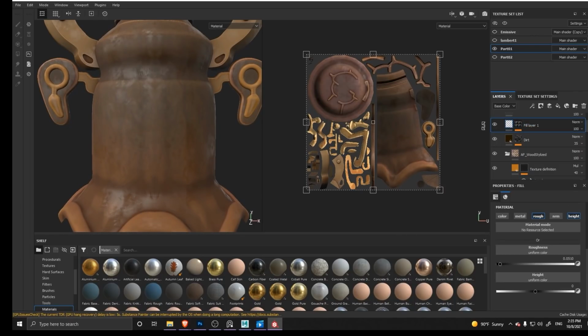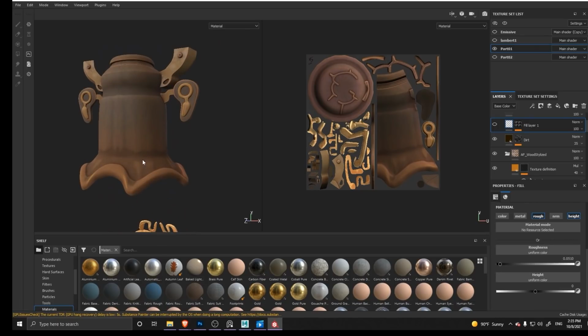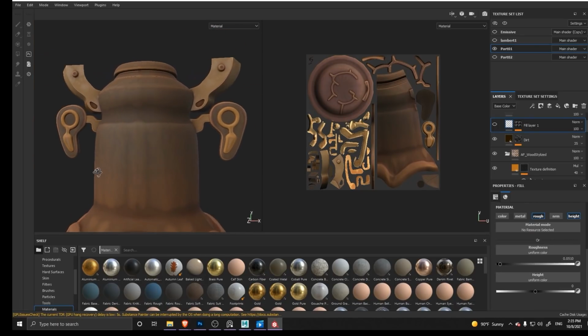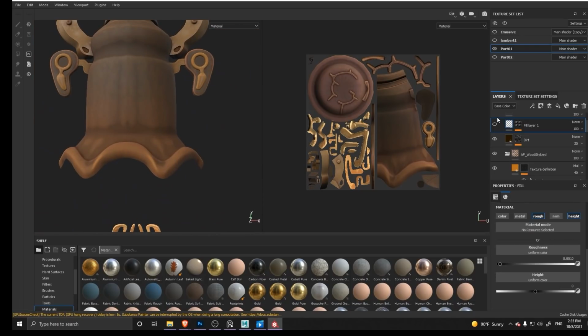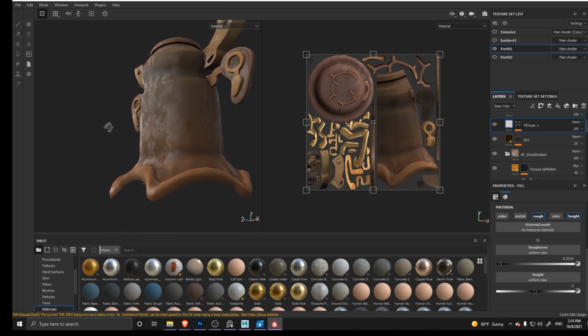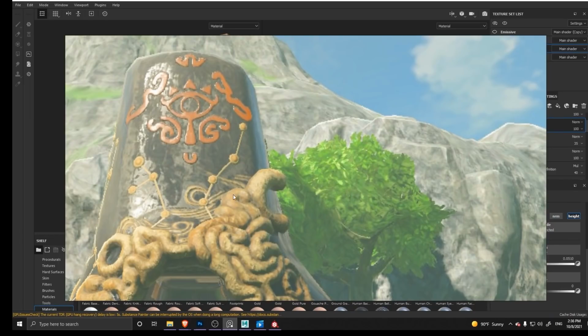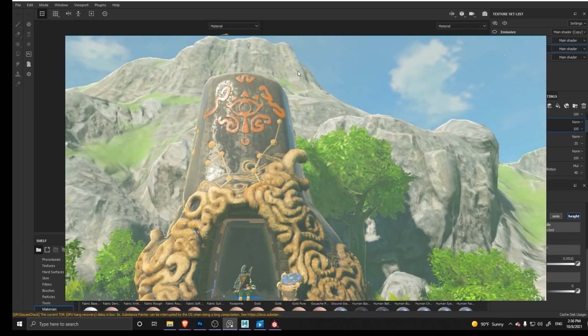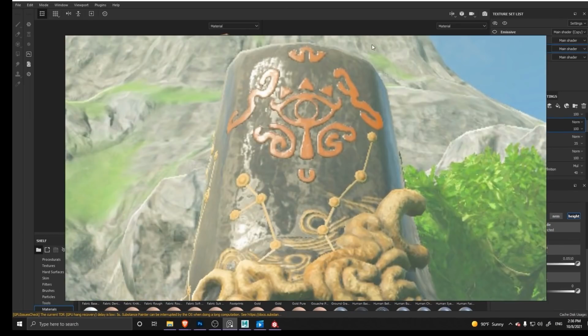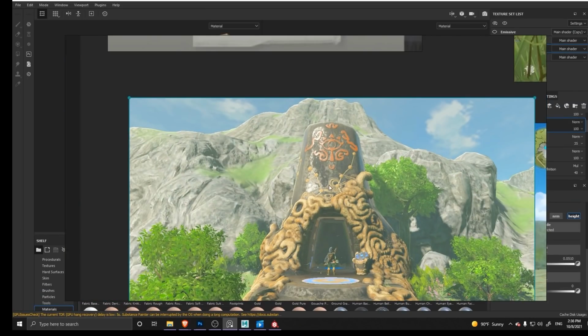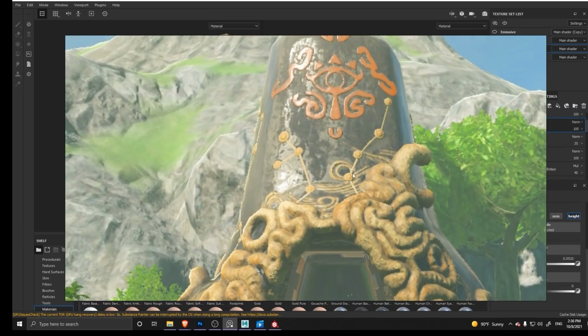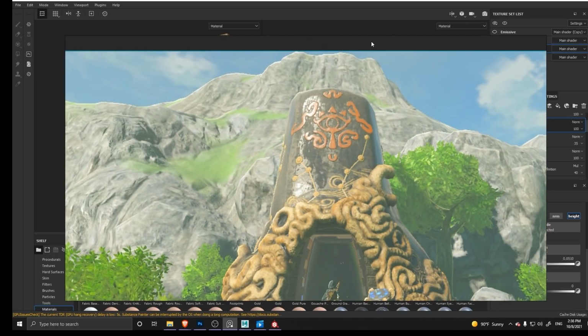And for this part right here, it's just a roughness change, because up to this point it was looking pretty rough. So I decided to add some areas that looked a little bit wet. And the reason why I did this was just because that's how it looks in the Breath of the Wild original shrine. Again, I didn't base my material that much on it, but I still wanted to stay at least a little bit consistent with what we saw inside of the game.